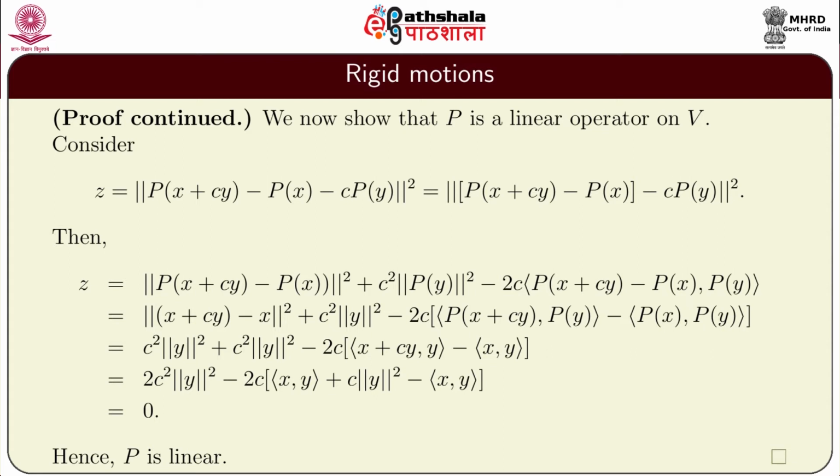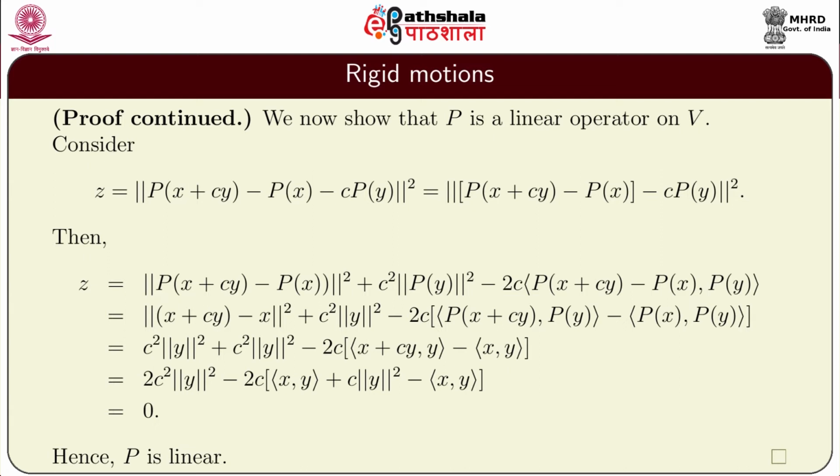After a rearrangement, it is equal to norm squared of P of x plus cy minus Px, plus c squared norm of Py squared, minus twice c inner product P of x plus cy minus Px comma Py, which is the same as norm of x plus cy minus x squared plus c squared norm y squared minus